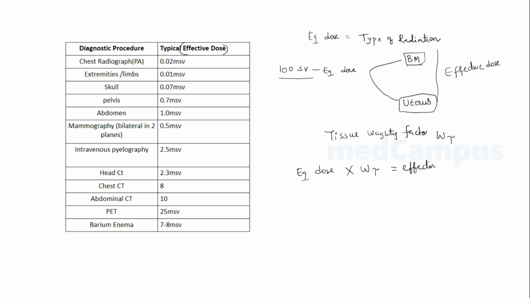And also, when I want to give you a statement that PET-CT is more harmful to the body than chest radiogram, I need to look at the typical effective dose. For example, PET-CT is giving you an effective dose of 25 millisieverts. We are considering a whole body effective dose, whereas chest radiograph has an effective dose of only 0.02. So when given an option, you always need to choose chest radiograph over the PET-CT, because PET-CT has more effective dose and this can cause more harm to the body. So this is how you calculate effective dose.